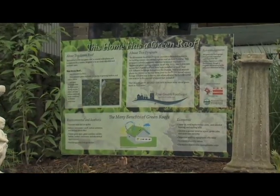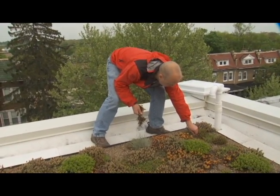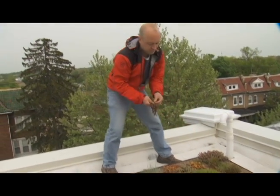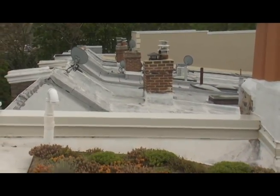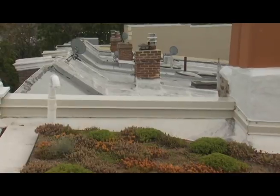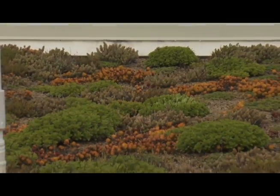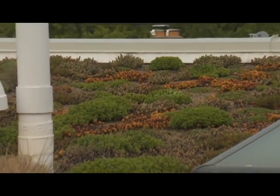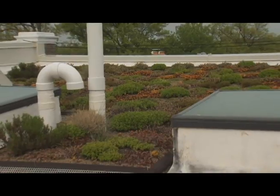We're in 16th Street Heights, which is in northwest DC, about 3 miles north of the White House. It's a residential neighborhood with predominantly row house construction, all built around 1920. For the most part, the roofs are quite flat, which is very friendly design for installing a green roof. So besides the stormwater benefit, there's also the additional benefit to the heat island effect, which is an external benefit,